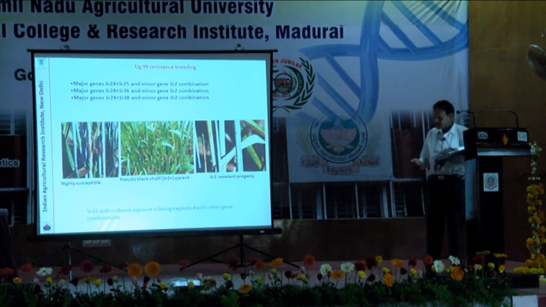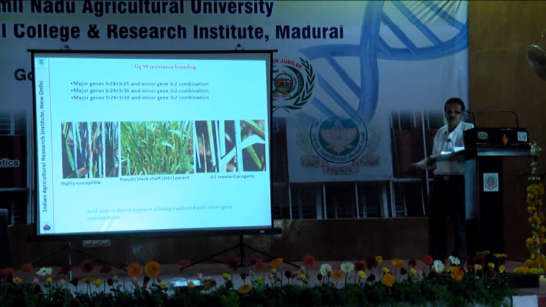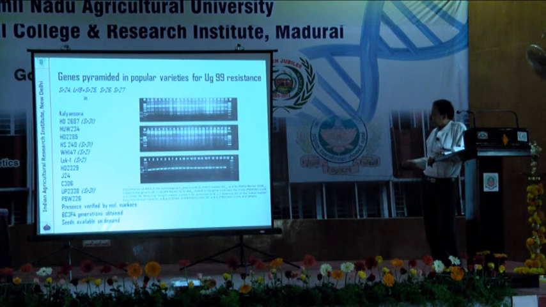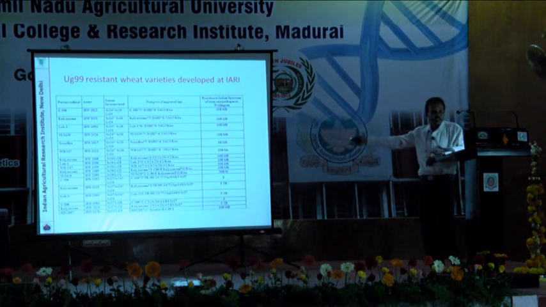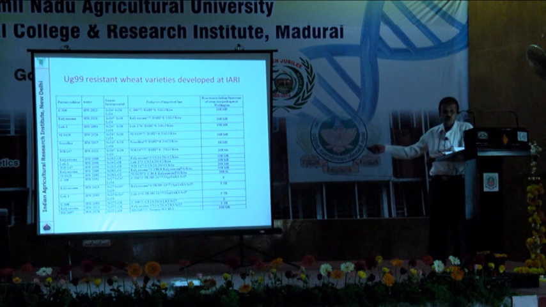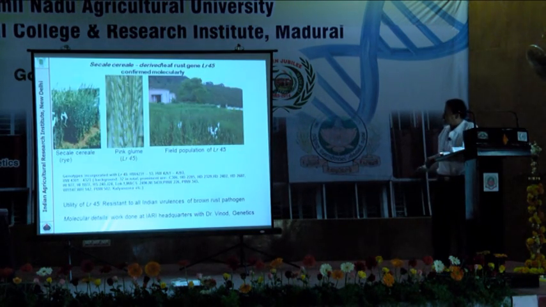And I think this has been well done by one of the students from TNAU, Philomin Juliana. She was in the USA along with me, at Cornell. They did a very good job. Then the gene pyramiding, these are the number of genes which are taken, and for Ug99 specific, we are already ready with the varieties. For each zone, we have a variety already given and distributed to the people for utilizing in the breeding program,